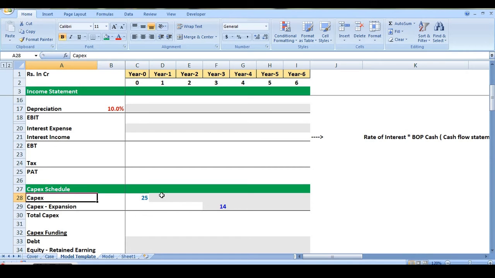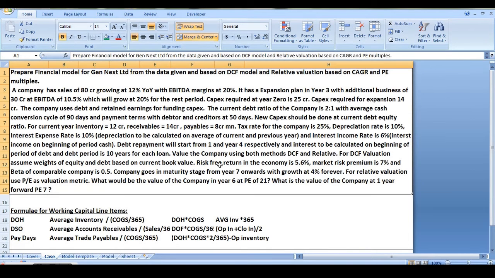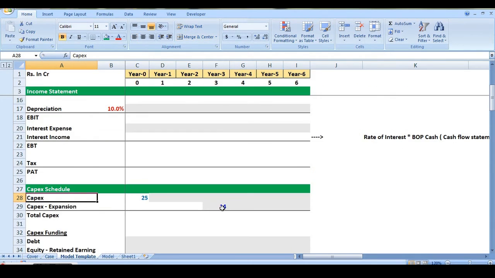Now as is given in the case, if you can see here, the normal capex in the year 0 is 25 crores and for the expansion the capex required is 14 crores. Expansion is done at the end of year 3 and normal business capex is 25. So as of now we know the asset. Now capex is nothing but the assets of the business which are in the process of converting into a fixed asset.